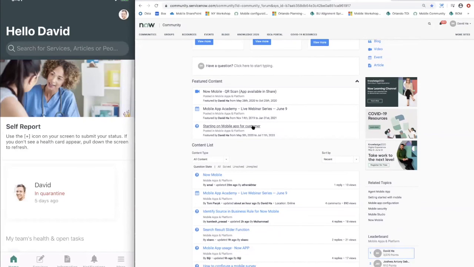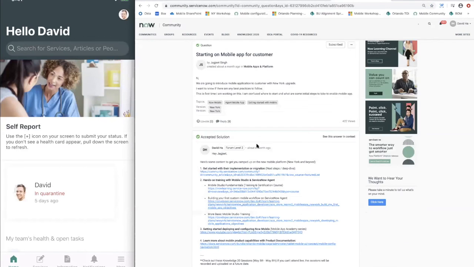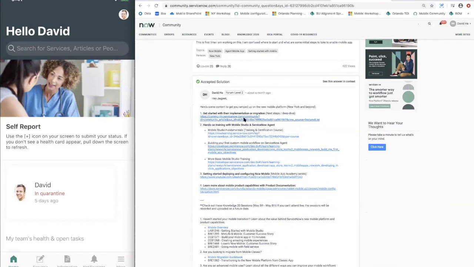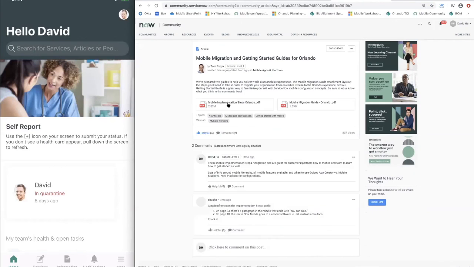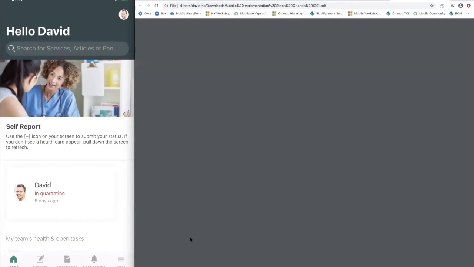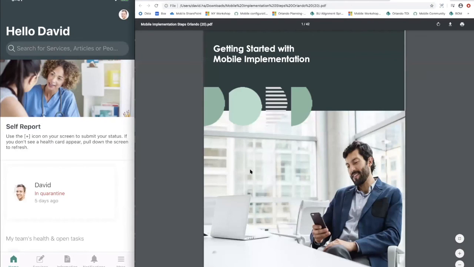So if I look up starting on mobile app for customer, there is an implementation guide as number 1 here. If we click into this, this will take you to your mobile implementation steps. If we open up this PDF, it's about a 20-30 page PDF, and it talks about things like what are